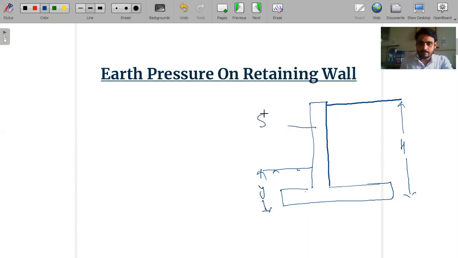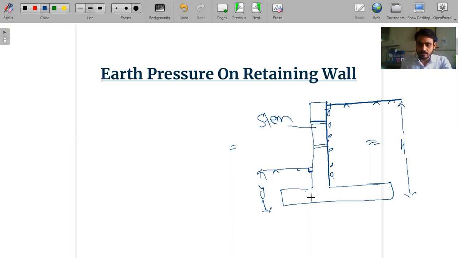This part is called the stem of the retaining wall. This is the back side of the retaining wall. This is the front side of the retaining wall, and that is the earth filling on the back side. Here the gravels are provided, and drainage is also provided on the back side at the top and in the front side, for proper drainage. And at regular intervals, weep holes are also provided in the retaining wall. These are the weep holes.